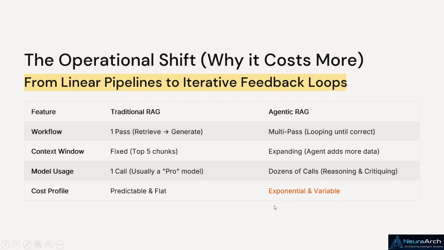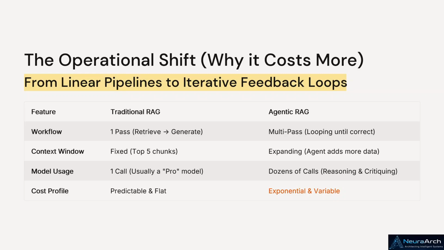So in the traditional RAG, it is one pass, right? If you hit something, you will get the output, you will generate it, your flow is done. But in the agentic RAG, it is not that way. When you try to retrieve, your critic, if you remember the critic node, will loop through if the answer is not sufficient or not up to the mark of the confidence that has been given. So that is why